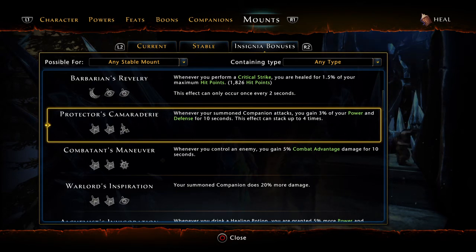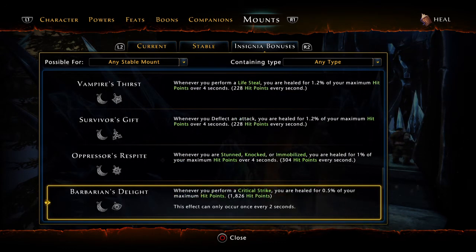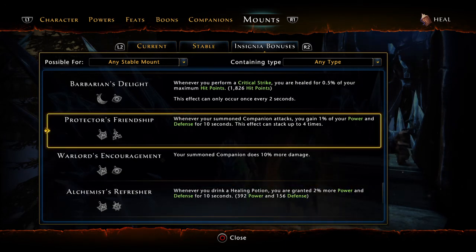And I will also point out the common version of this, guys, is also pretty useful. Protector's Friendship. Your summoned companion attacks, you gain 1% of your power and defense for 10 seconds. This can stack up to 4 times. So guys, this Protector's Friendship for a power build is nice, because if you didn't know it, you can't stack these bonuses effectively. So if you had 2 Protector's Camaraderie, the second one only gives you 0.5%. So this Protector's Friendship is a way to circumvent that